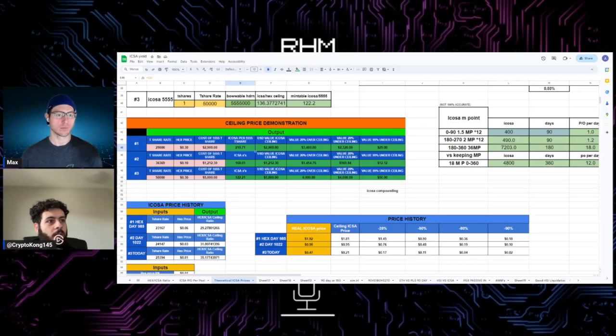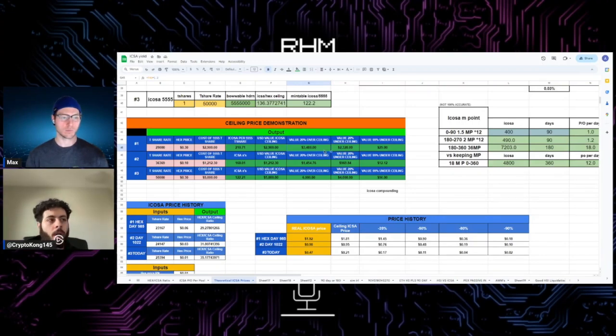But eventually, if enough people want to purchase ICOSA, or get their hands on ICOSA, they're going to want to go off the market. That's the game theory behind it: if you're below the ceiling price and you want the ICOSA, you would go to the market. But if it's above the ceiling price and you want ICOSA, you would go through the smart contract itself. So you could picture this as 210 ICOSA you would mint from the smart contract for a 29,000 share rate 555 HSI, and